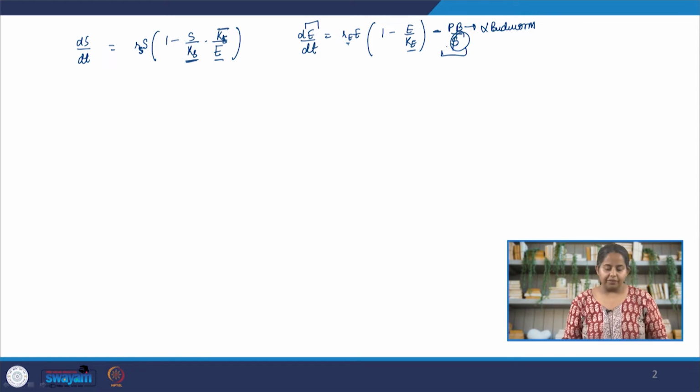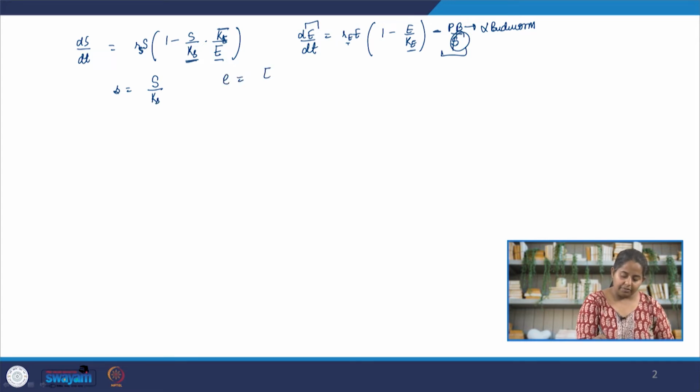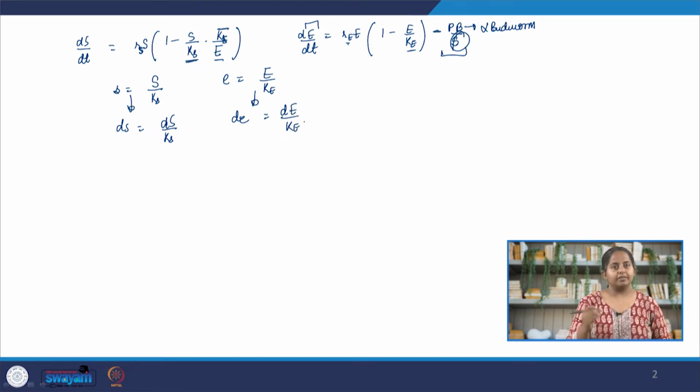Okay, well, the first thing we are going to do is non-dimensionalize the system, and this one is going to be pretty easy. We know that Ks and Ke are the limiting terms for S and E, so we can define a new s, a small letter s, which is equal to capital S by Ks. We can define a new e, which is capital E by Ke. So ds will be equal to, and de will be equal to. Now we can substitute this in our equation, and what we'll get is